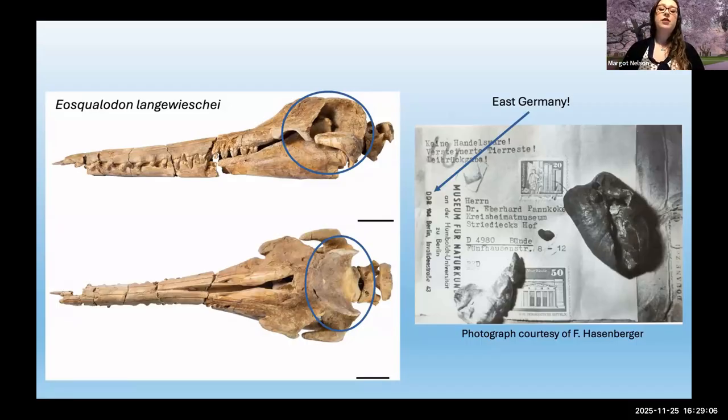We also found some really interesting paleobiological features, such as a really developed coronoid process. Here, this is for jaw musculature. It also has a really large temporal fossa, also for jaw musculature. And these features are not seen on any other type of toothed whale. Likewise, we can see a lot of attachment for neck musculature, and we even have a really well-preserved axis and atlas, so we can start to understand range of motion and bite strength and stuff like that for this species.